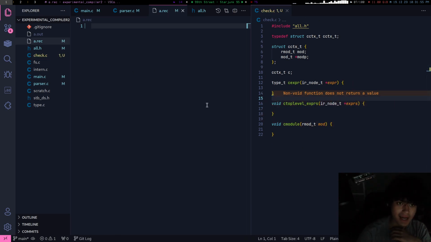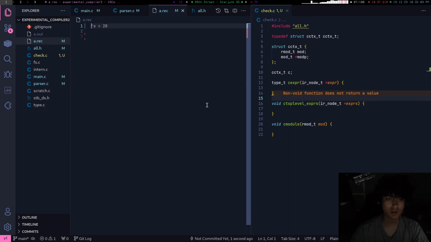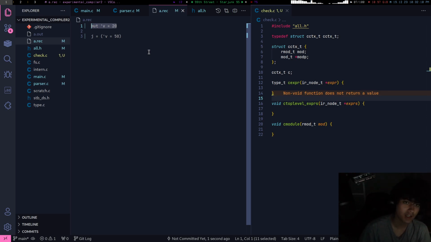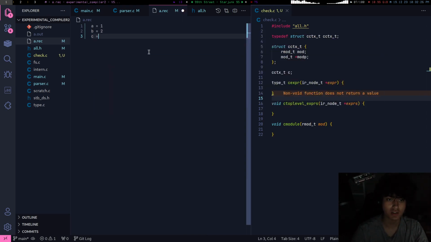Everything in this programming language has a type. So v equals 20, that's a declaration that evaluates to void. And then v equals 50, that actually evaluates to a value, that evaluates to 50, because these are expressions. But this whole thing is a statement, but it's still an expression. It just evaluates to void. If you have a bunch of expressions here, and these are all declarations, these really shouldn't evaluate to anything.